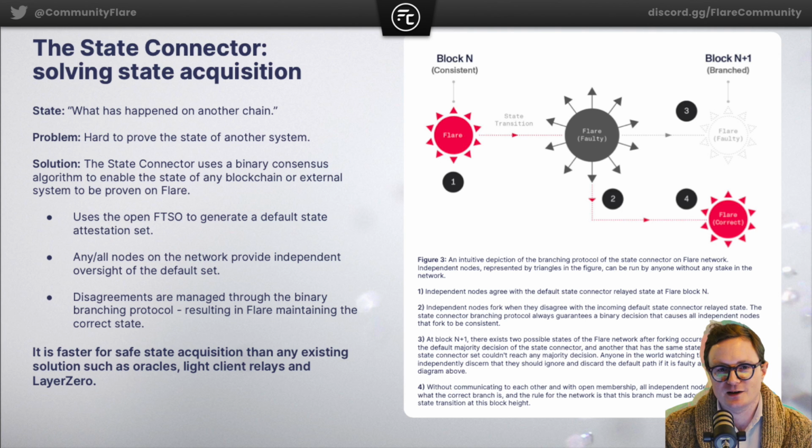But what it does is it applies consensus to an external system. And this gives us a much, much more robust way than we think anything else in the industry to be able to get data from an external system and use that with a smart contract on Flare.